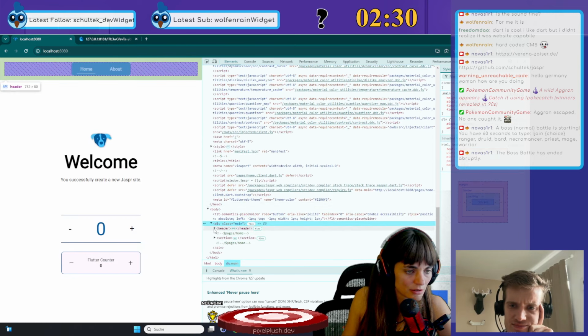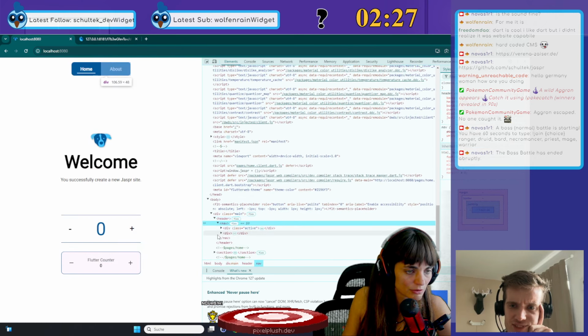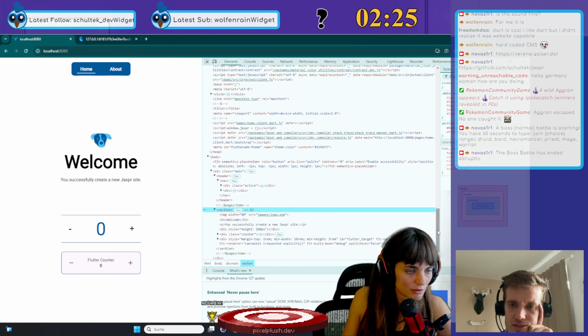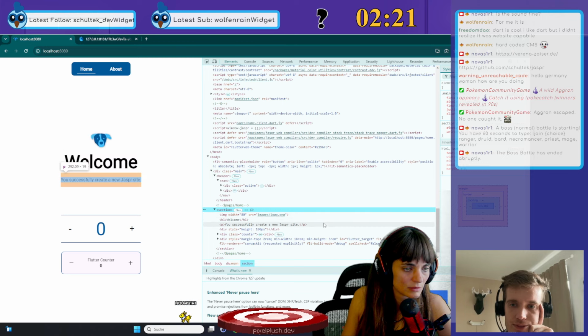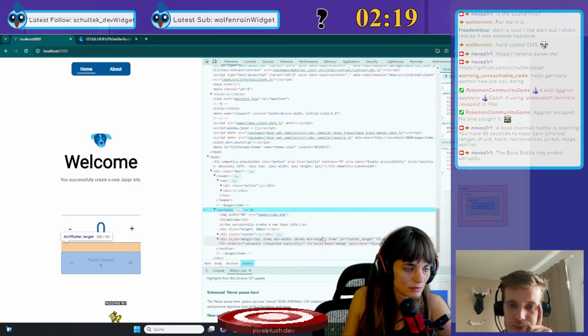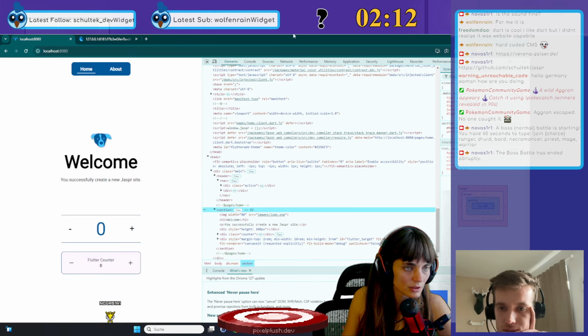Main header section. No? Yeah. And these are all standard HTML elements that have been rendered by Jaspr, and then we go back. Okay, I see.